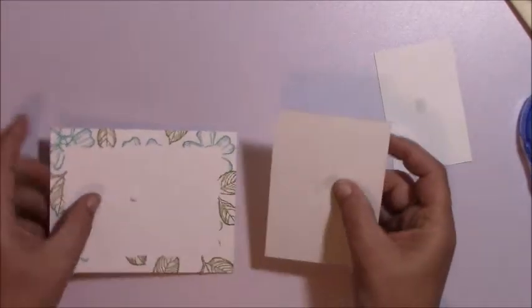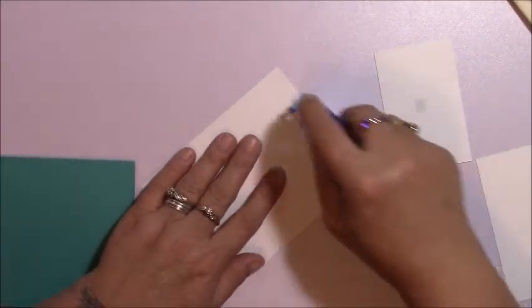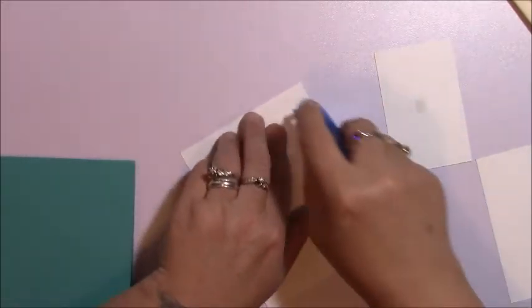Oops, like I just did on there. But that's okay because that's going to get covered up. So now I'm going to bring in my card base and I'm going to take this first layer and add my snail adhesive